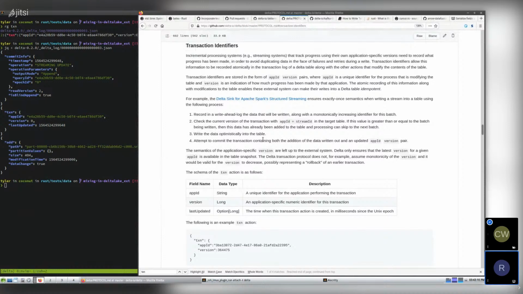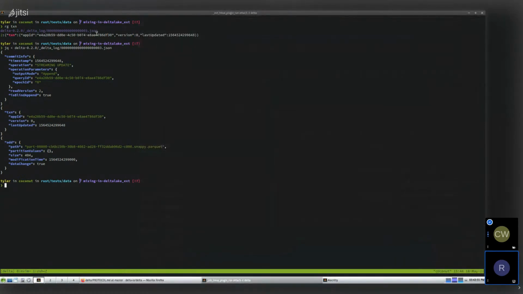This Texan action that appears in the Delta log is really to provide applications a way to track back to where they left off when reading from the source. To oversimplify a little bit, but I think it's a good example: if you had a single Kafka topic with a single partition as your source, and a single application handling that topic partition, and let's say your app ID is called banana, right? You could create a Texan action with app ID banana, and where the version is a Kafka offset,